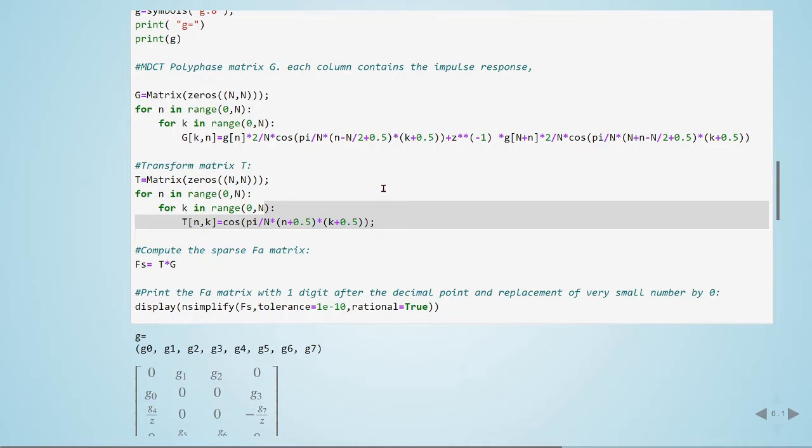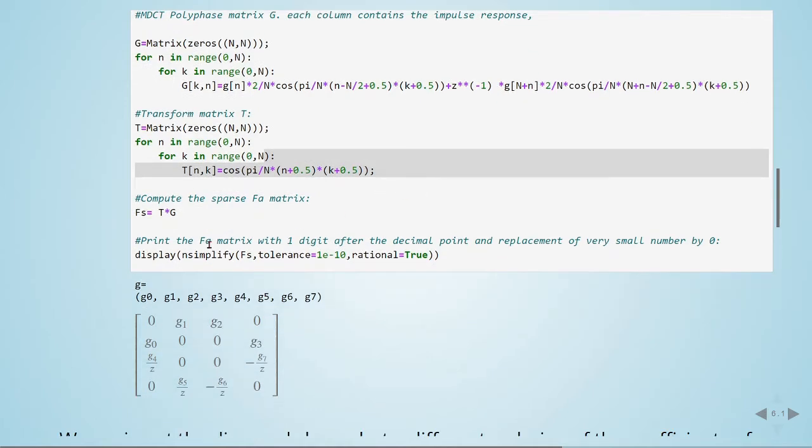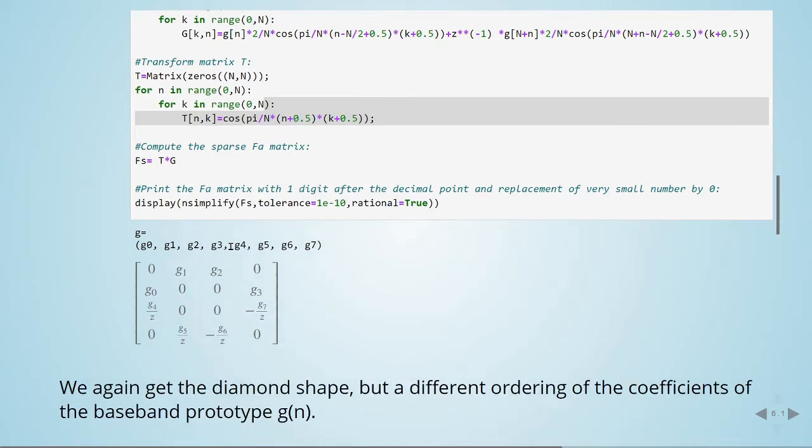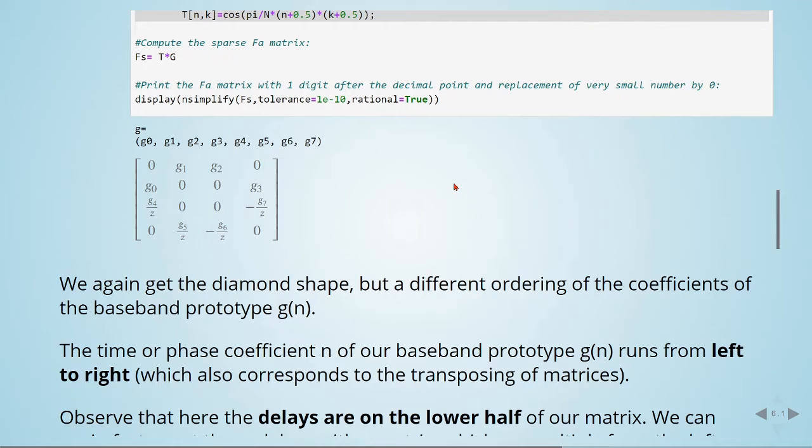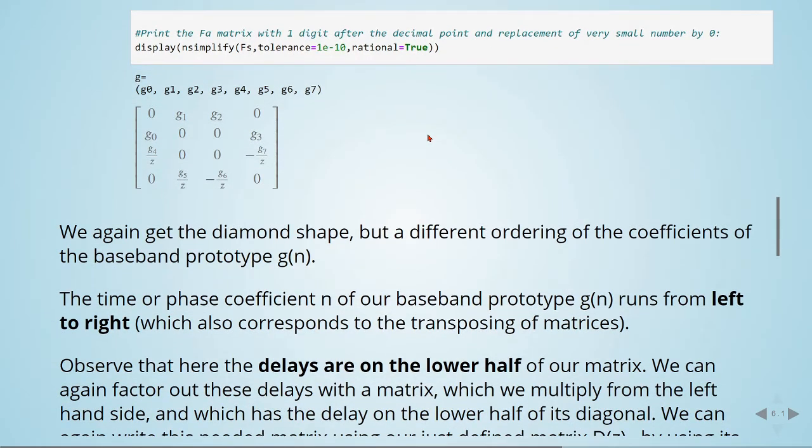Now we are using it for the synthesis, and we can compute the sparse matrix, so it will be T times G. And here we have again this diamond shape, but now with a different ordering of the coefficients of the baseband prototype g of n. So the time or phase coefficient n of our baseband prototype g of n runs from left to right, which also corresponds to transposing the matrices. Now observe that here the delays are on the lower